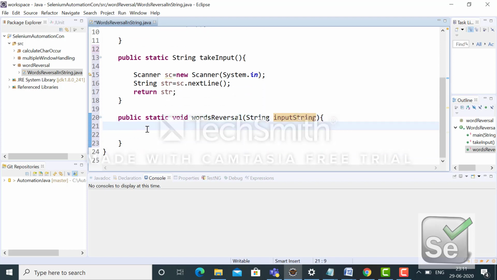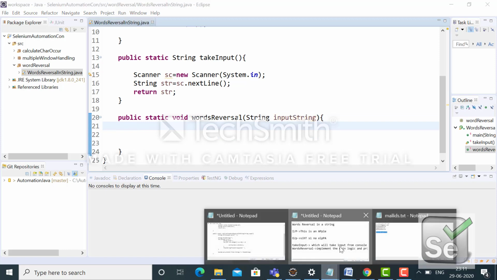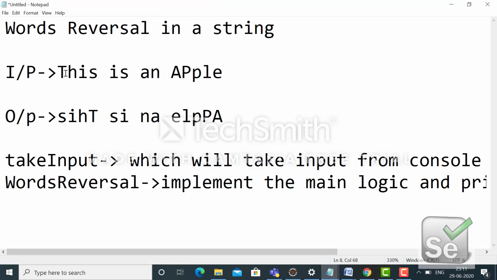Okay, now what will be my logic over here? Now I have the input string here. If I look at this string, it is delimited by space. So first, I have to reach each and every character level for each and every word, right? In order to do that, I have to split the whole string by the space delimiter.